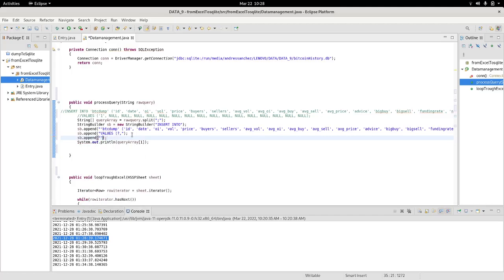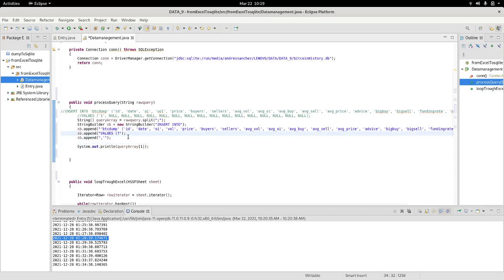After these we have, actually, let's make it a little bit more generic. We have this value, and the separation will be comma, and this for our next value, and the next value will be from the query array. The first value should be the ID, the second value should be the date, or 1 is date. So basically here we take 1,